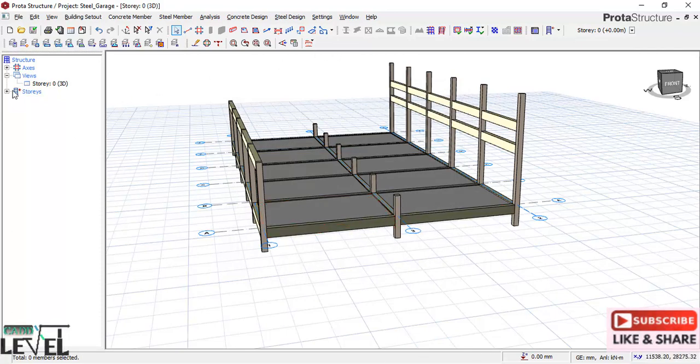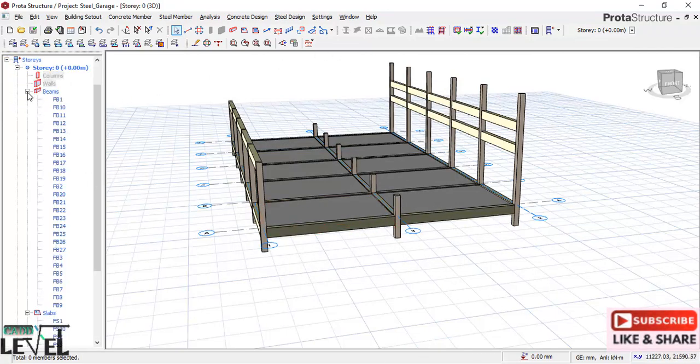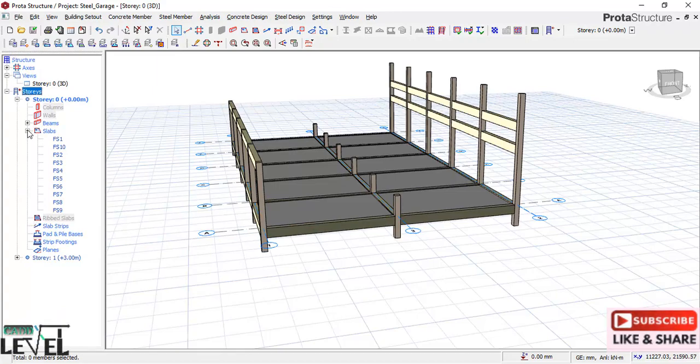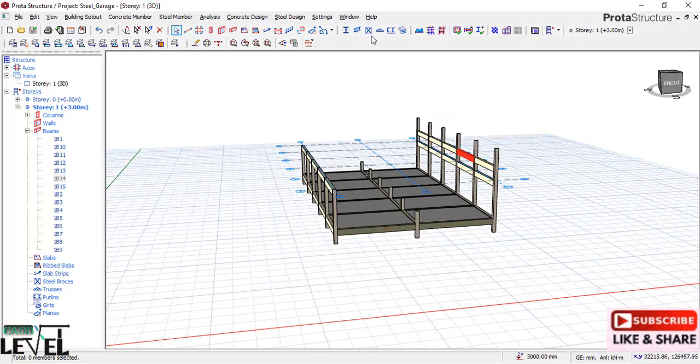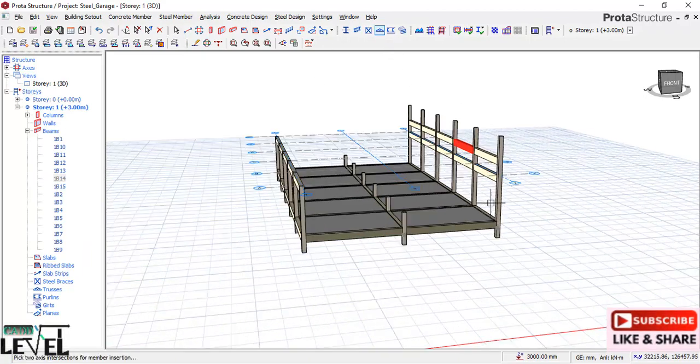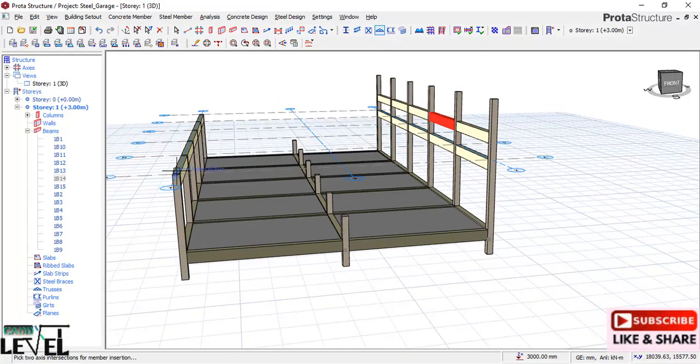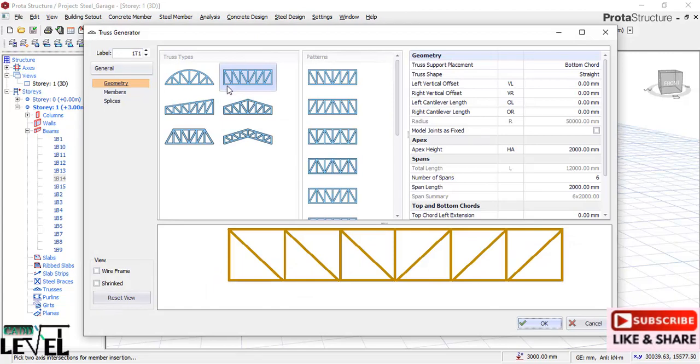All right, and then we will have to navigate to the story 1 level, so we can be able to assign the truss. All right, so now click on the truss. We will select the first point of the truss and the second point of the truss. This will enable us to access the truss dialog just like this. In this truss dialog, we have to check the apex height of the truss, which is 2000. We will change it to 700